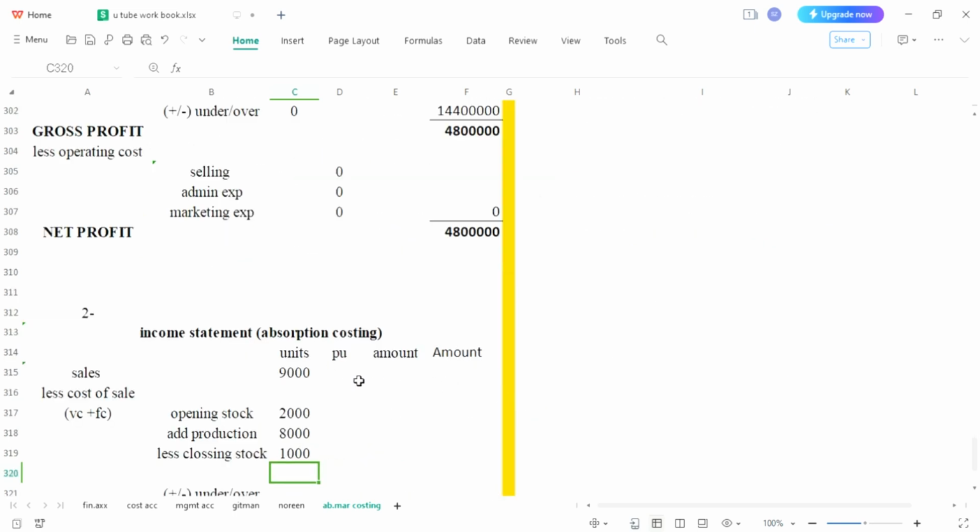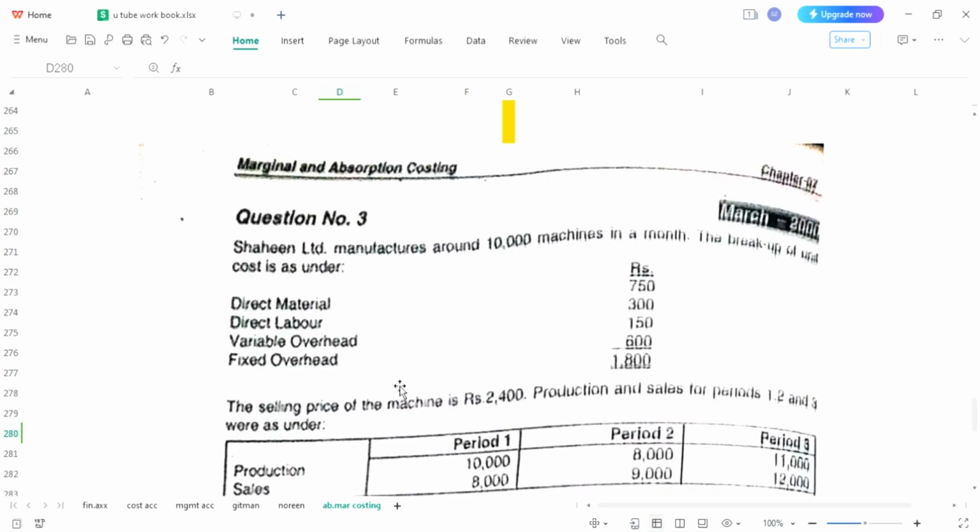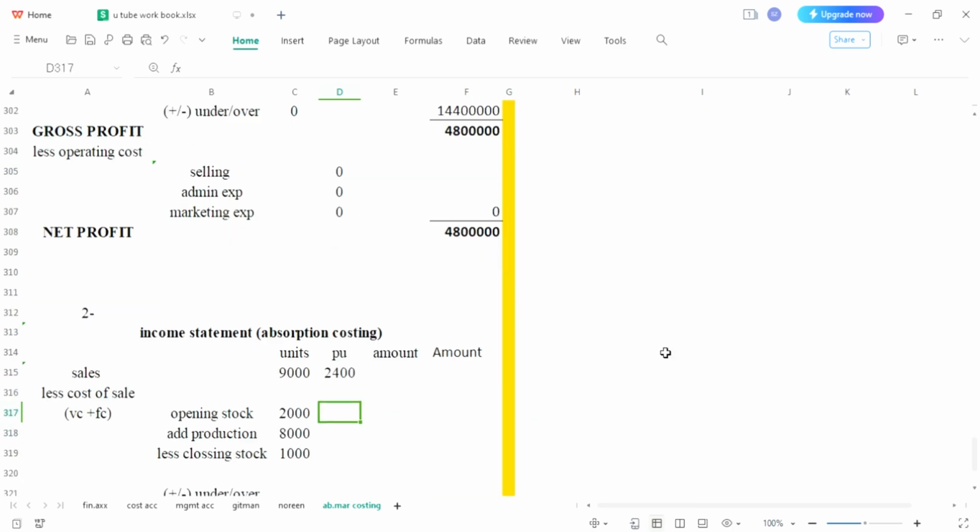You can put 2400 over here, and we need to see our per unit cost, which is 1800. When we are following absorption costing, what do we need? We need to have a per unit cost which includes variable and fixed cost. It has already been added as it was mentioned in the first part. So per unit cost is 1800, and kindly note